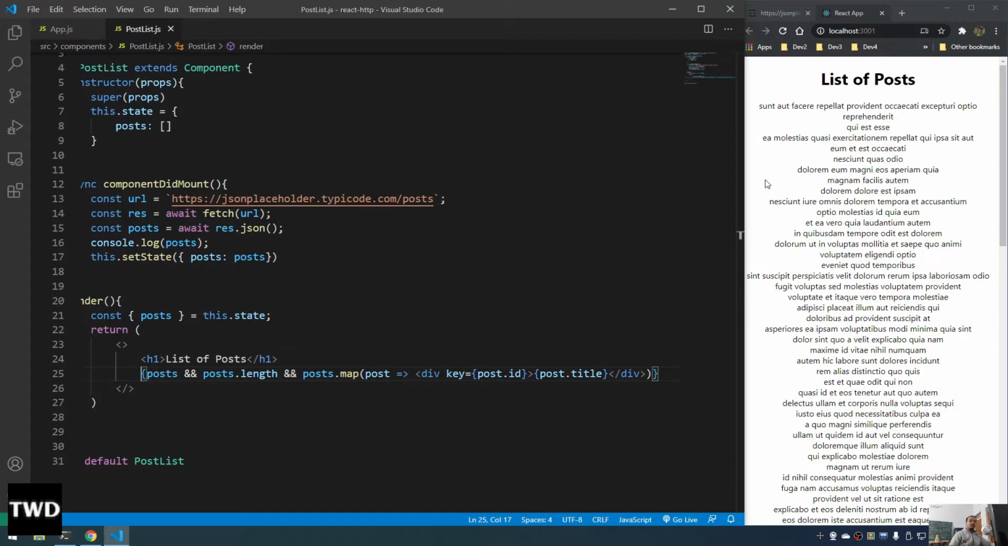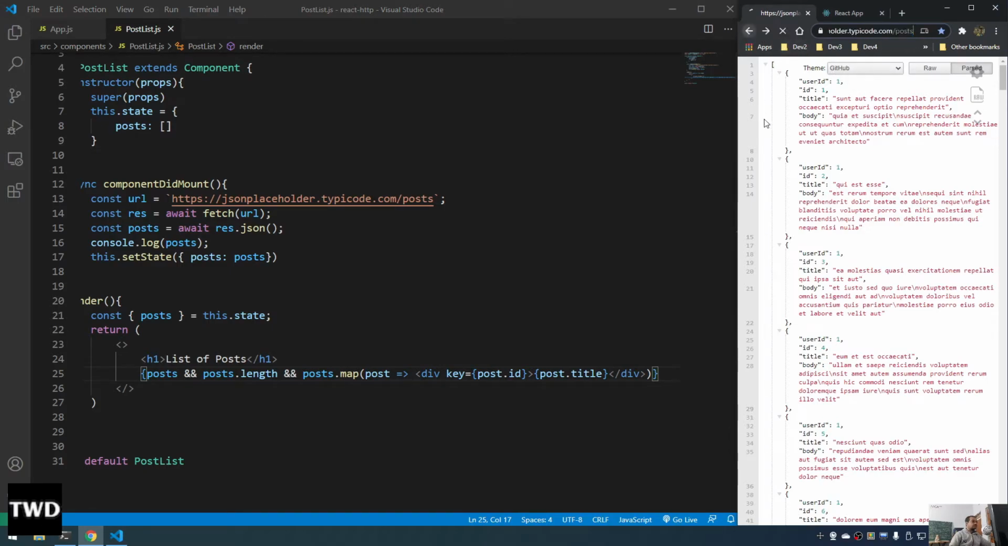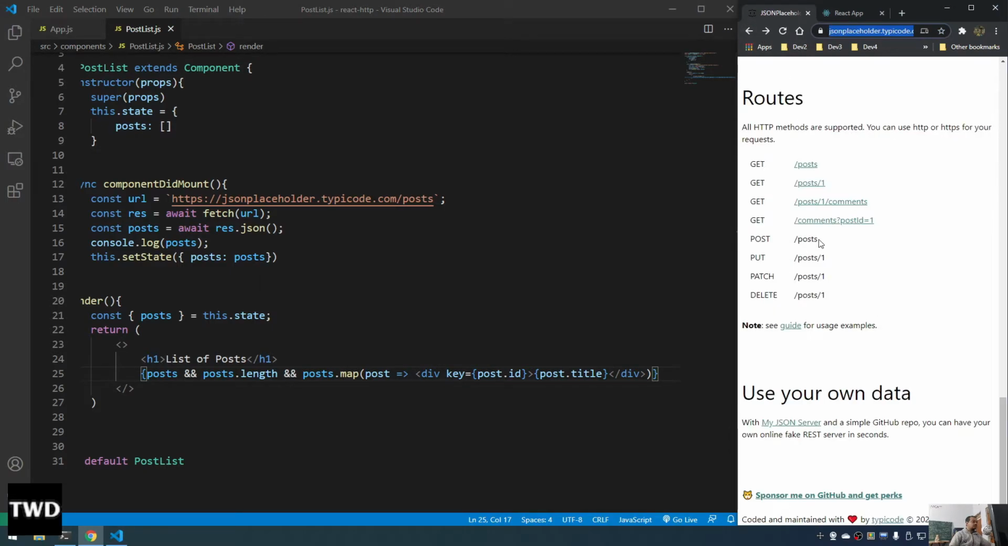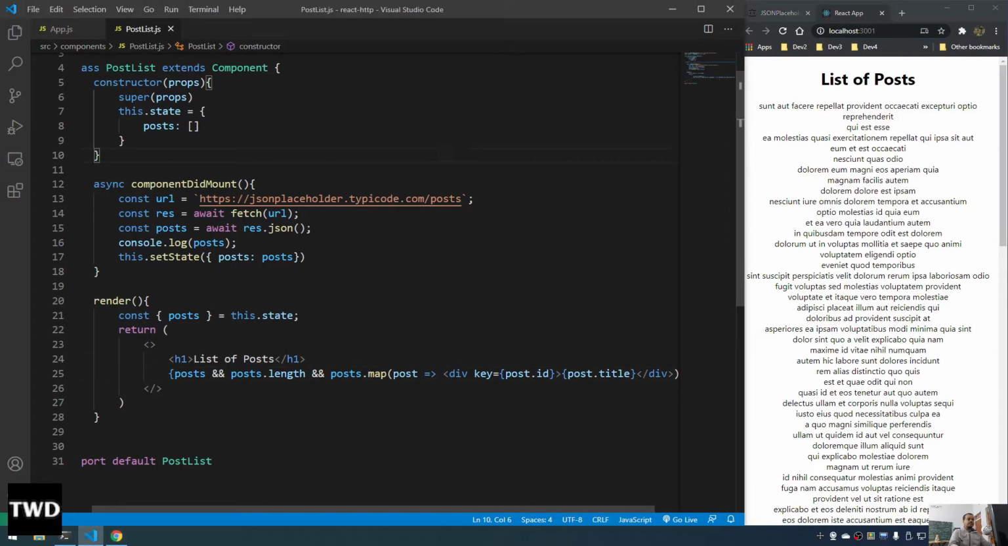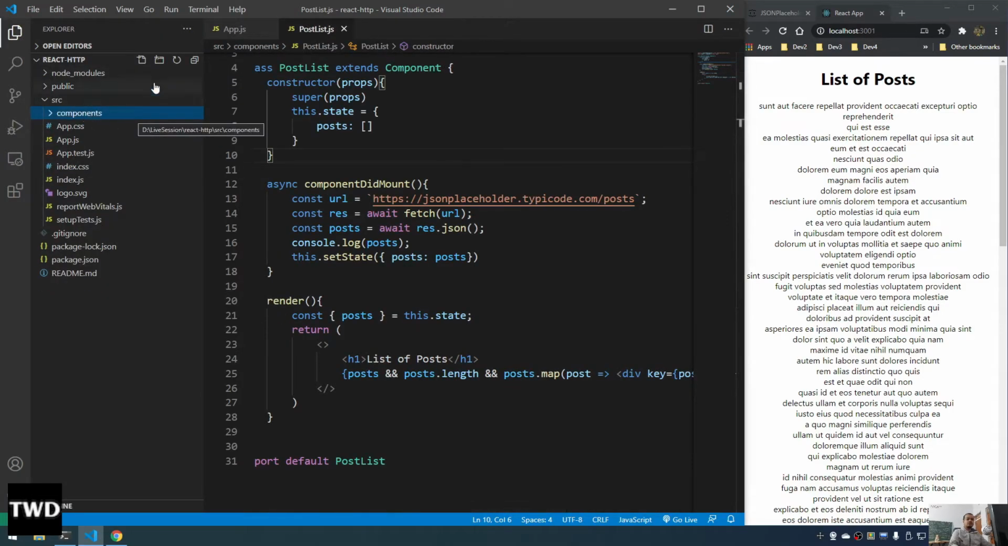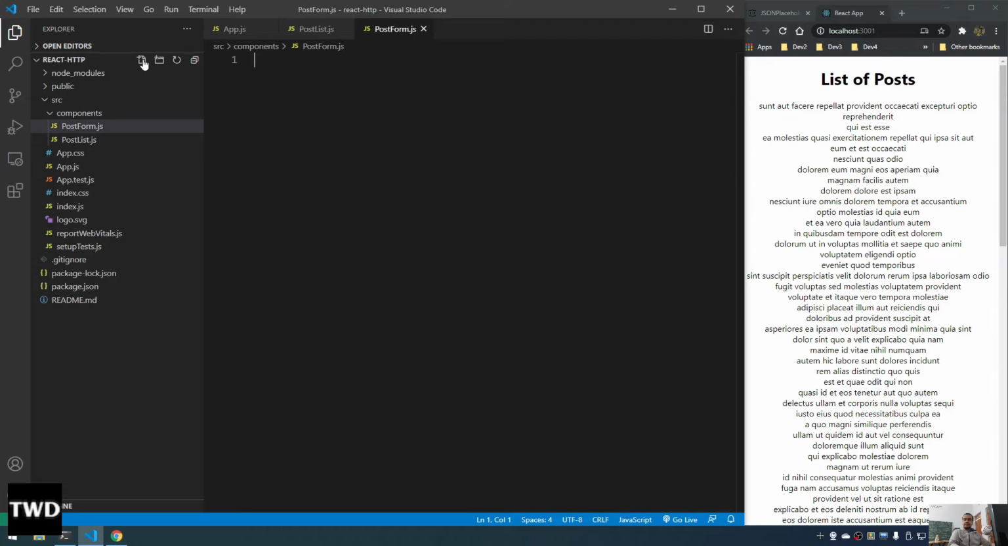Now we'll learn the post. If we go here, for post, we just have to do the slash post, and we can use the post. We will start the post now. Now we will create a post form. PostForm.js, and now again